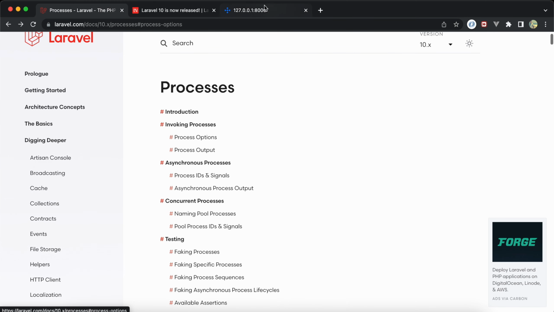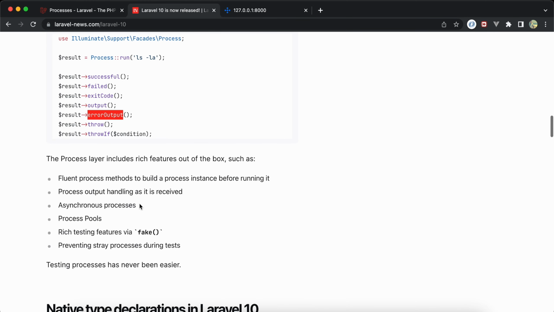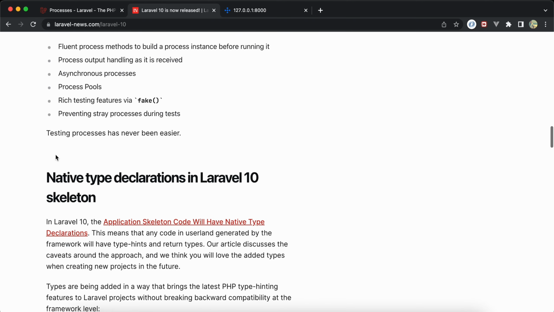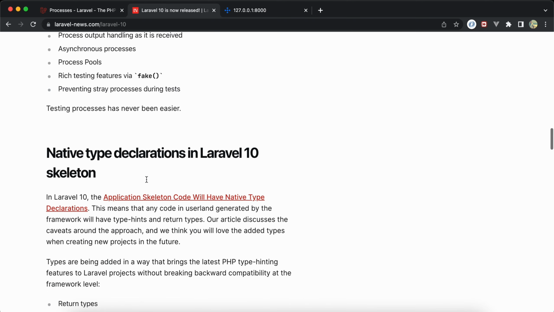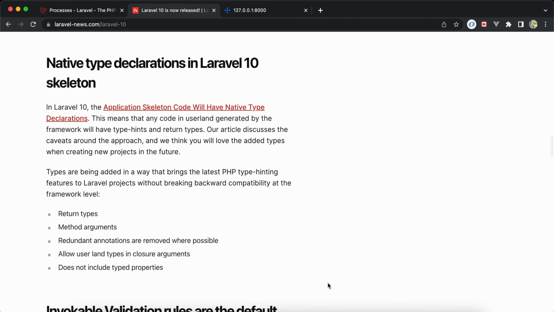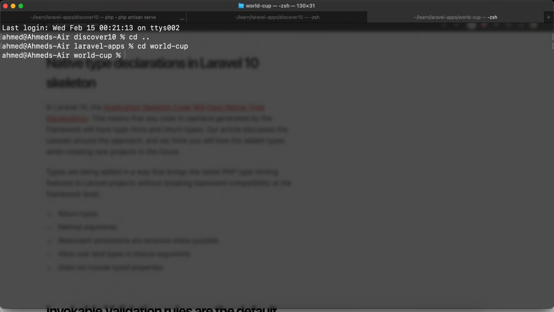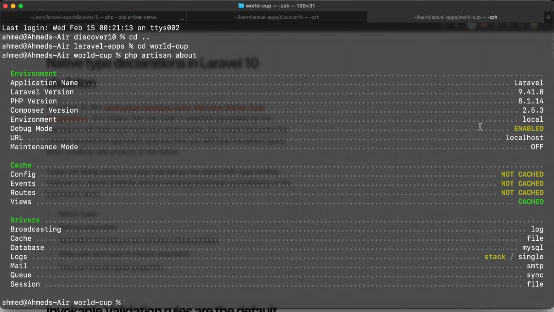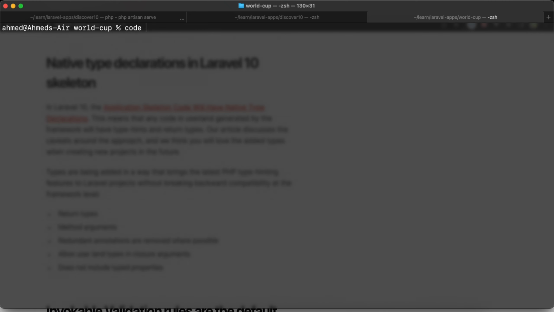It's very good actually. So let's move to the next feature. It's native type declarations. What does it mean? They added type declarations to methods and arguments and return types also. So if I open an old project, PHP artisan about, this old project is Laravel 9, and if I open its code here,